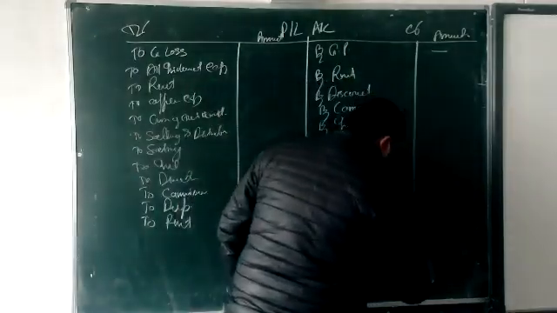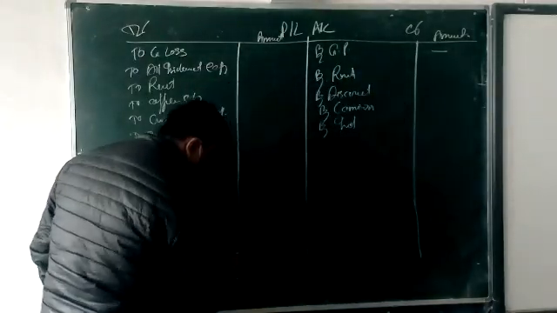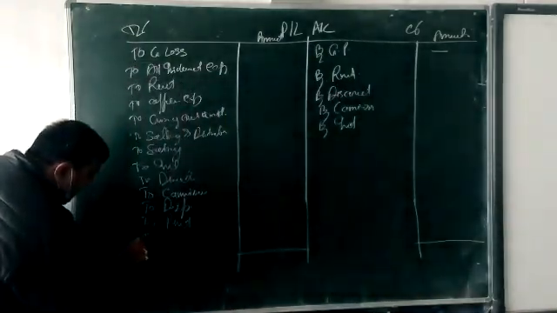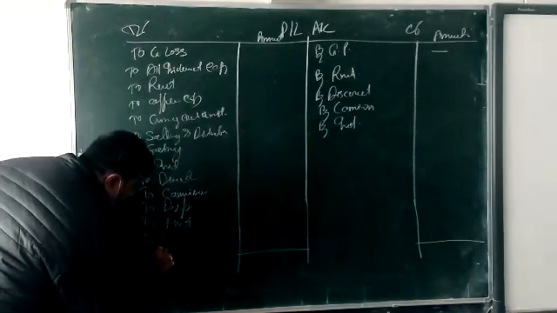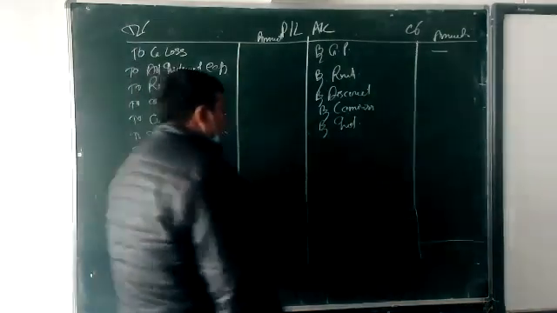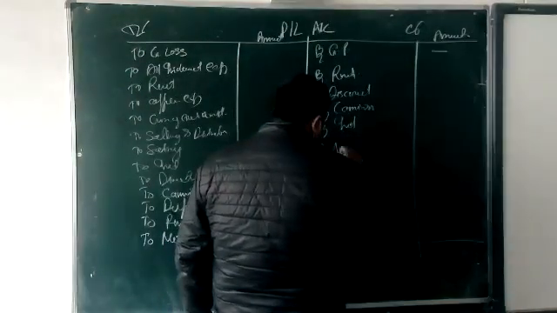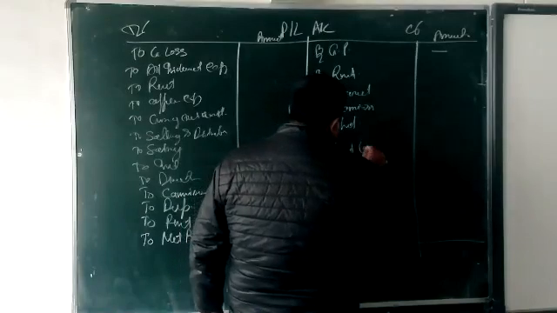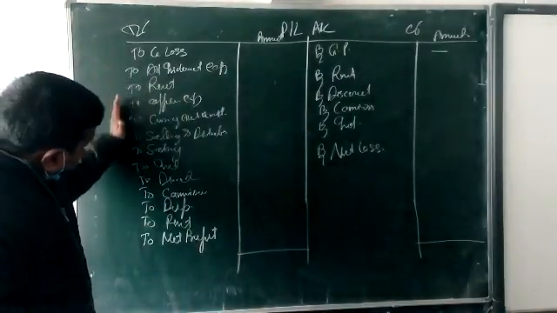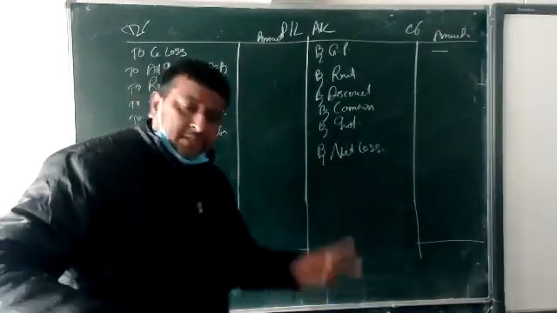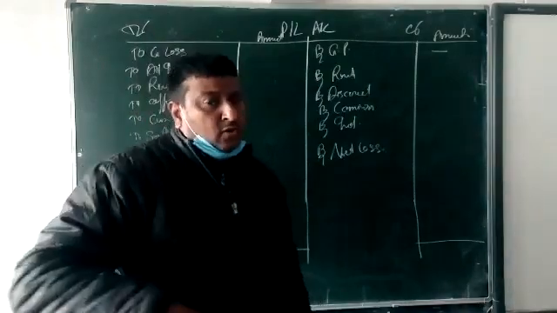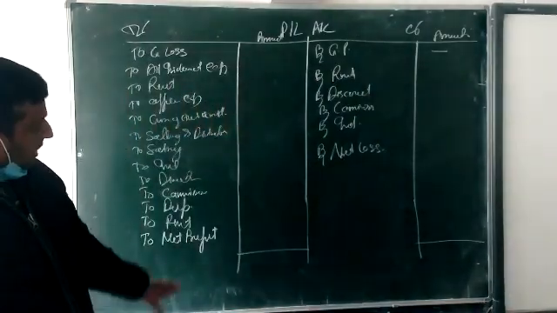After that, this side by net loss. So beta, clear? It means all the indirect expenses we are showing on this side. In that indirect expense, two things are there, operating and non-operating. But at the time of making a PL account, if you are not going to calculate the operating profit, we are only going to calculate the net profit.